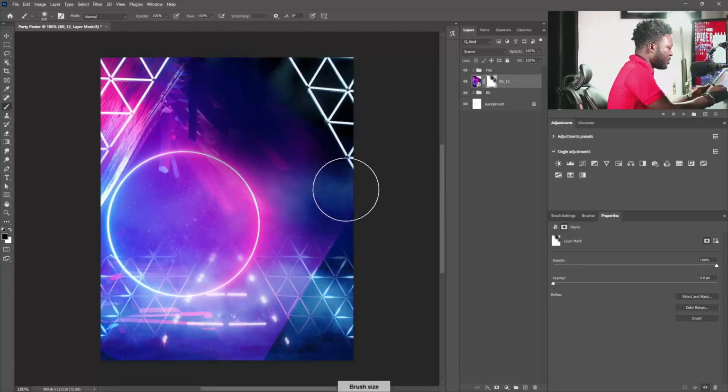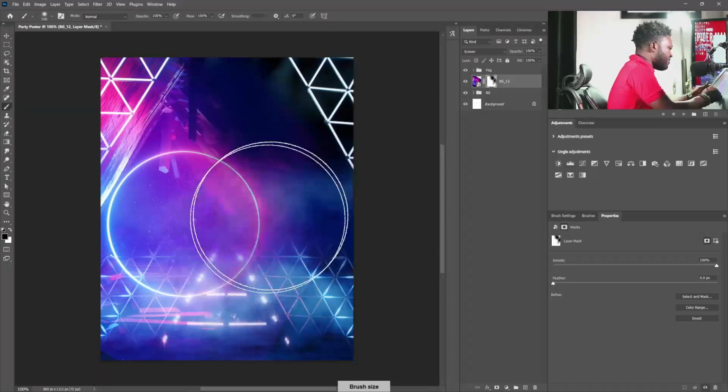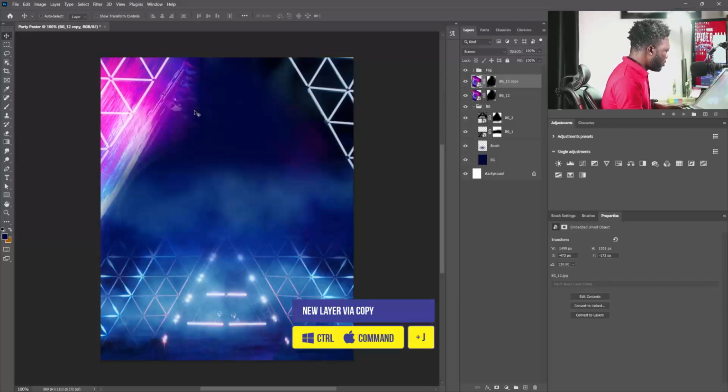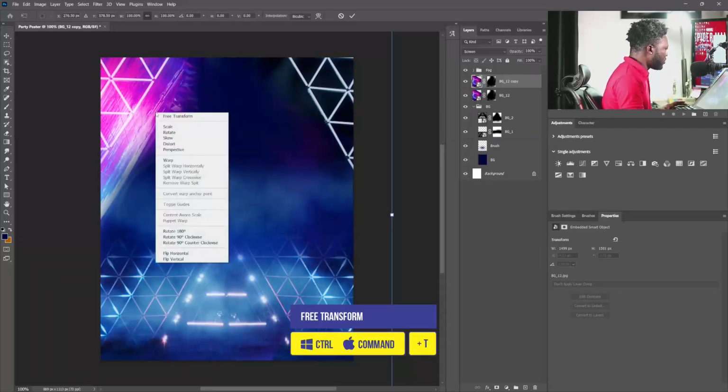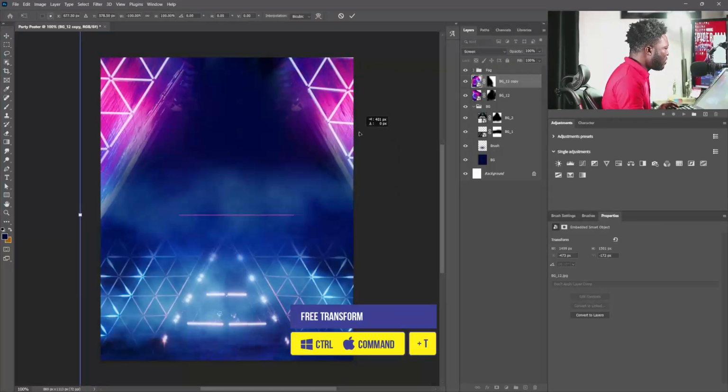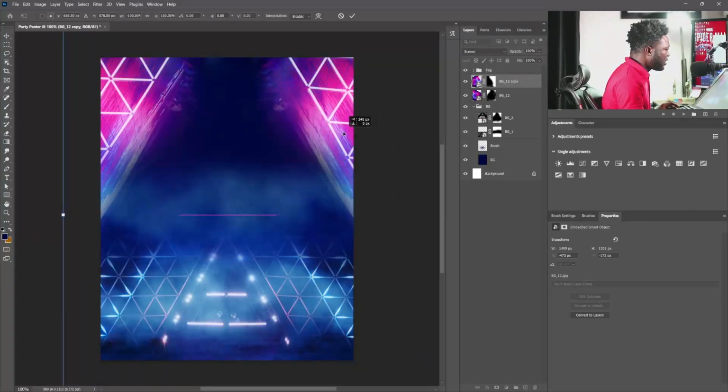Take this out like that. All right, so move here. I'm trying to be very fast with this. So then I'm going to make a copy of this by hitting Ctrl J and activate the free transform, right click and flip this. All right, and this can come somewhere here,